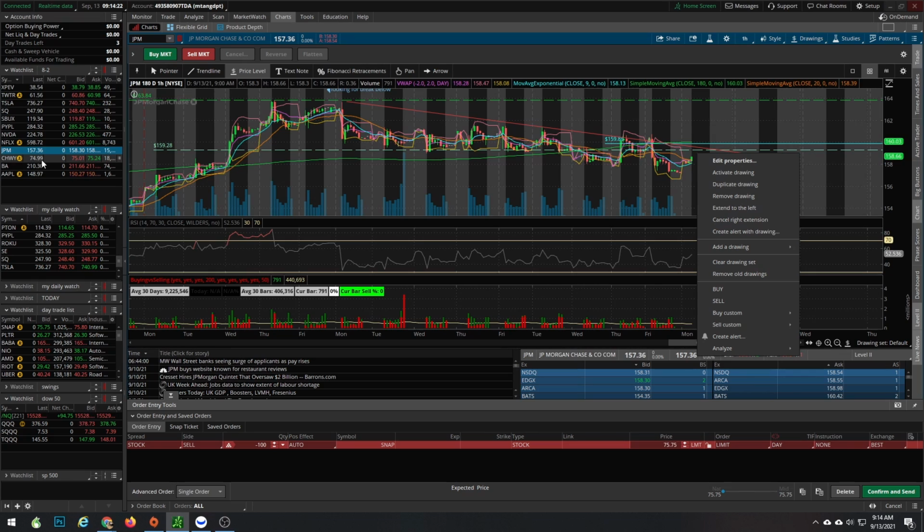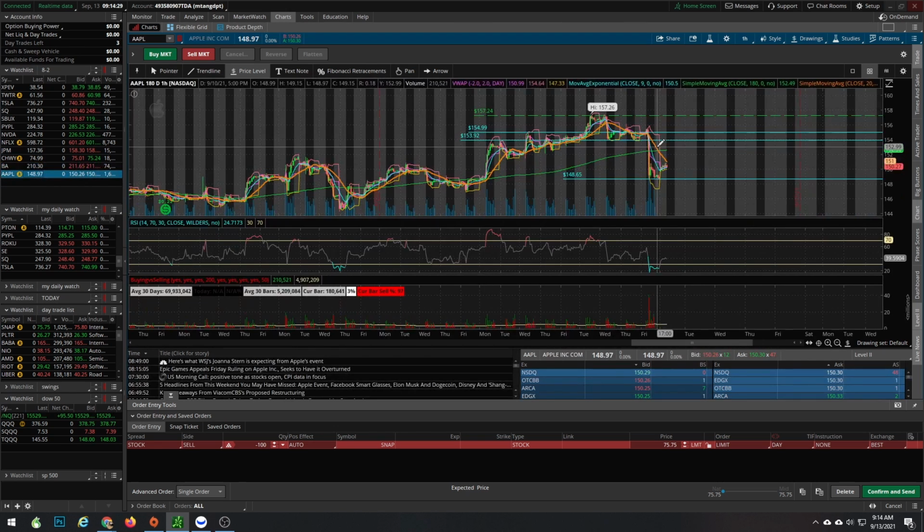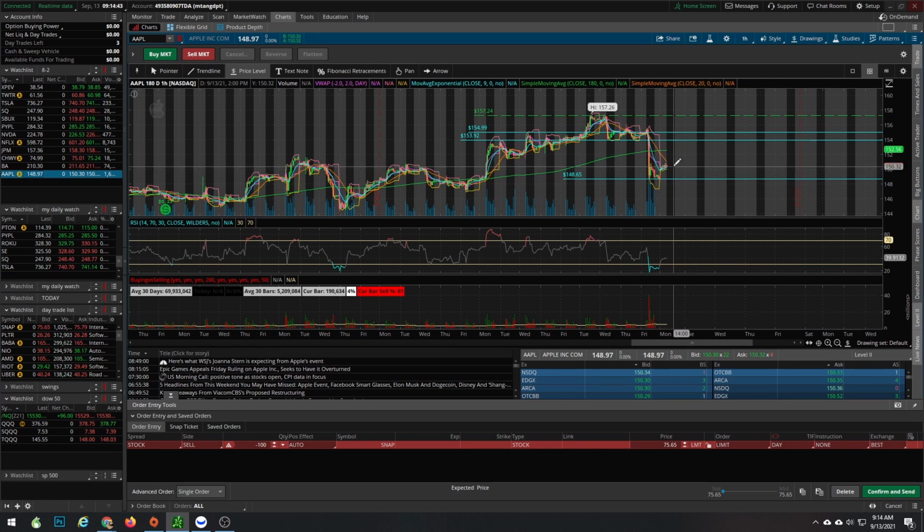Let's look at Apple. Apple, we had a pullback for the entirety of Friday. It's recovering a little bit. I'm looking for a potential break below, or recovery back up if it breaks the moving average here. So something to pay attention to. I'll probably wait a little bit till after opening to see if it chooses a direction.